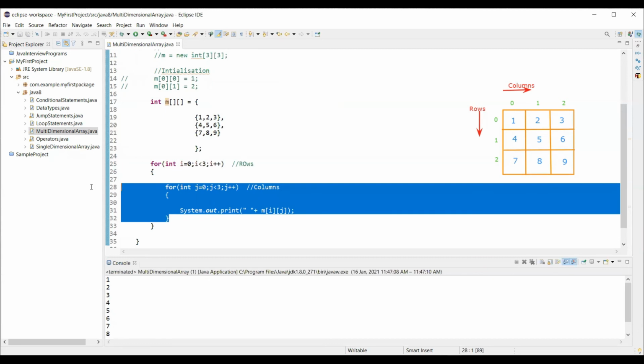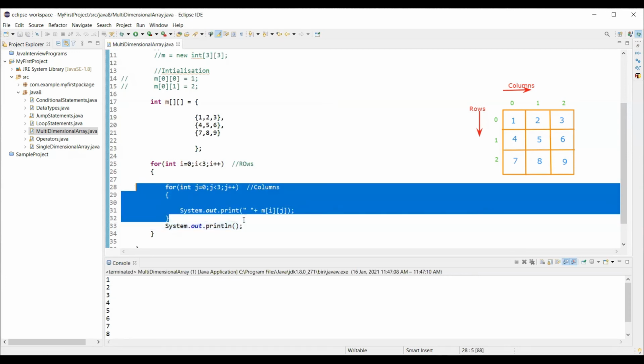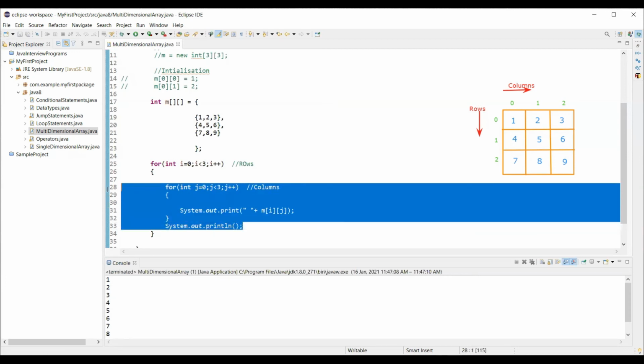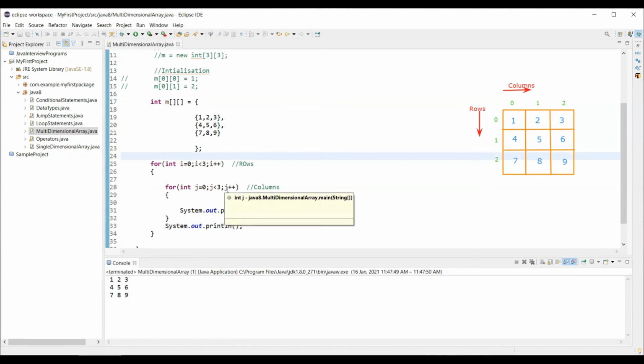Once we are done displaying all the columns for one row, we need to leave one new line before we go to the new row, right? That is what we did. Now let me execute this. Now we can see the same table format, a row and column format. We got it. So this is how we can read the two-dimensional array.